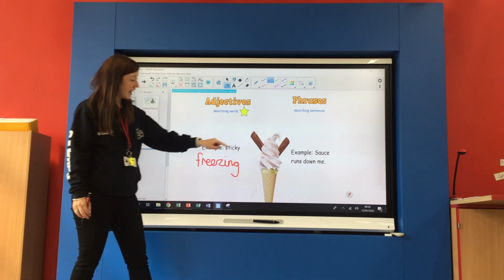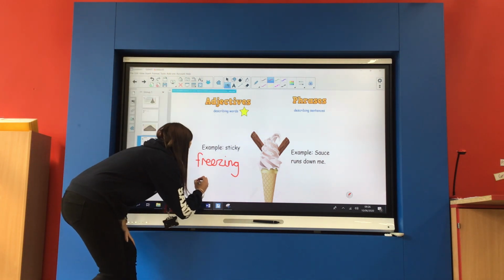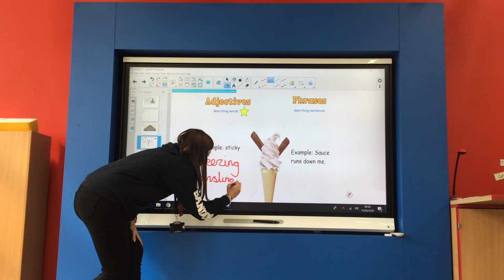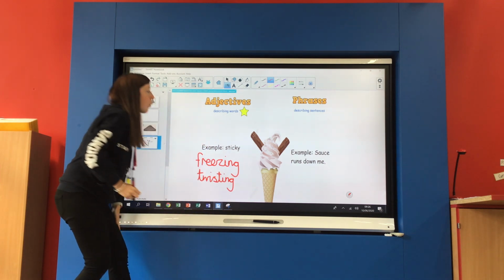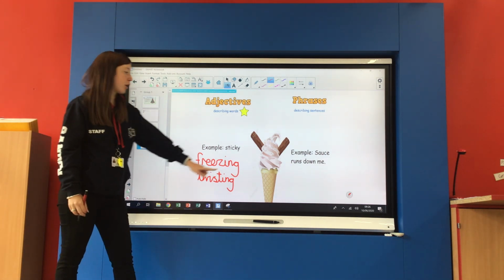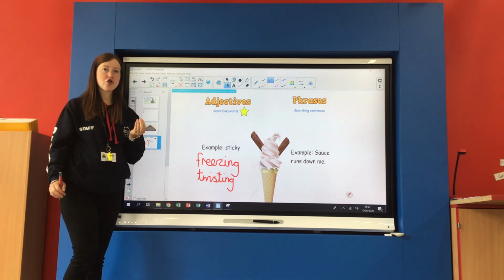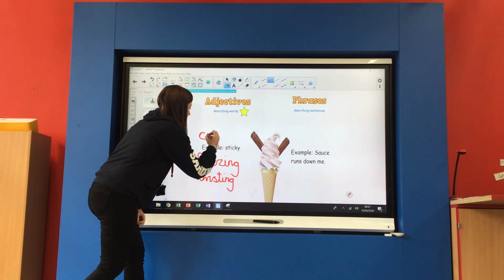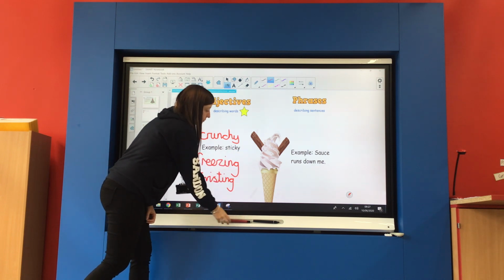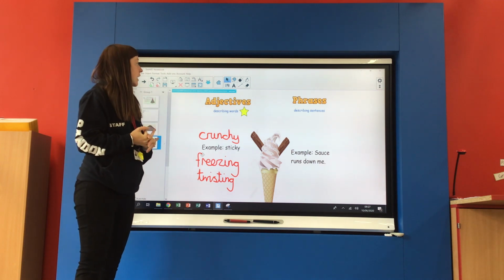I think we might say an ice cream can be twisting. Look at how the ice cream spirals up the cone. It's twisting. Miss Burrows is going to try to think of one more adjective to describe her ice cream. And I'm going to describe the cone part this time. And I'm going to say that the cone of our ice cream is crunchy. Okay. So when you've gathered as many adjectives, as many describing words as you can think of,